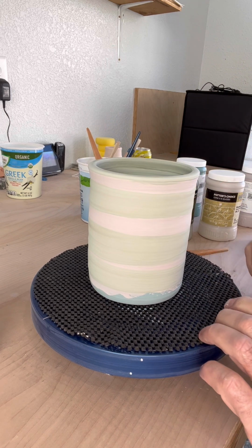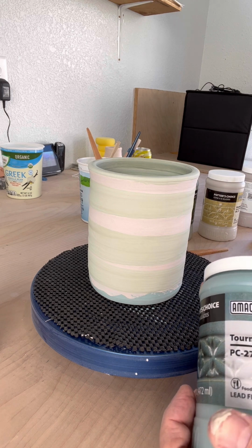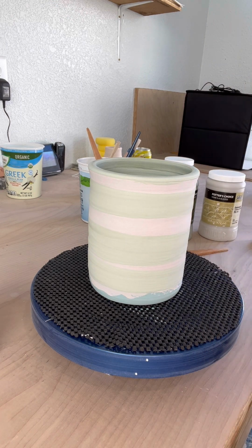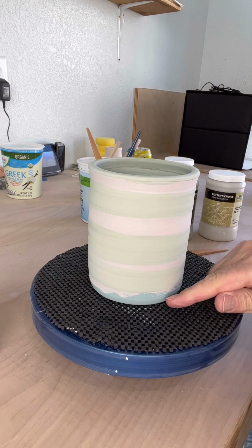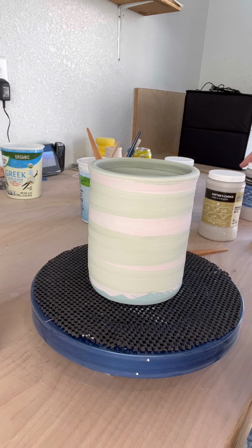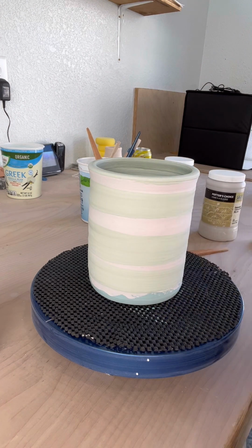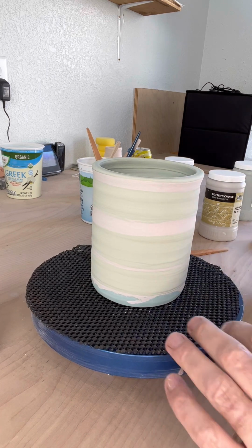So, all right, here we are. I'm going to recap this real quick again. We went with Tourmaline PC24. You can see that. This was inside and out all the way down. I did 3 coats of that. And then I did a couple of coats of Indigo Float. Didn't go all the way down quite, if you can see here. And I made some bands a little bit heavier. And now we've come back and we've done, like I said, the Indigo Float was PC23. Seaweed was PC42. And we all know, you can hear how thin that is. That one runs a lot when you put it on there,